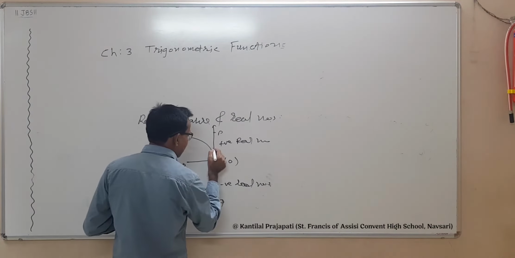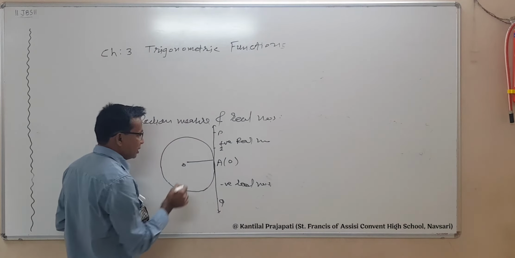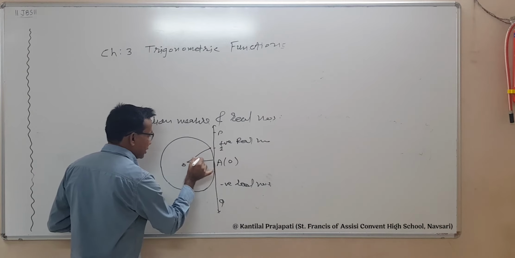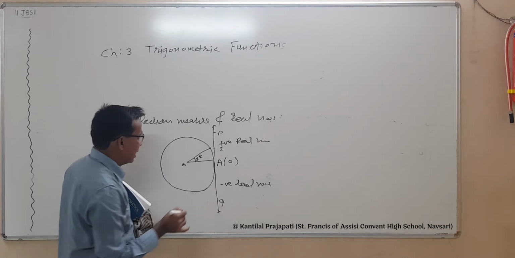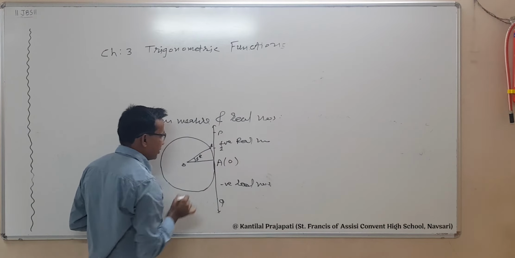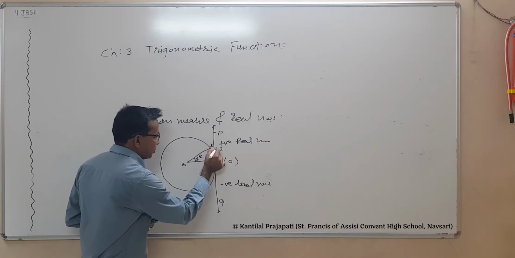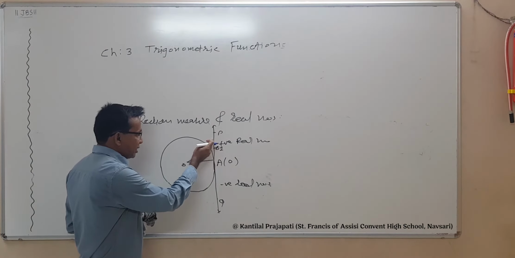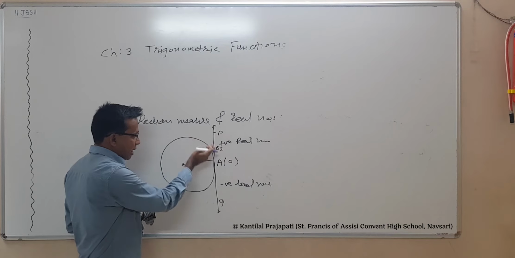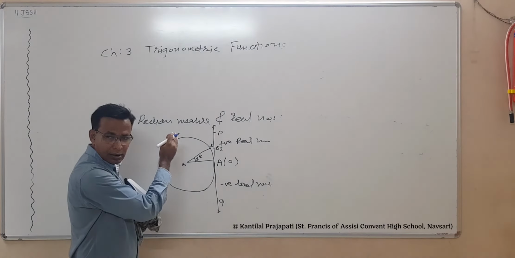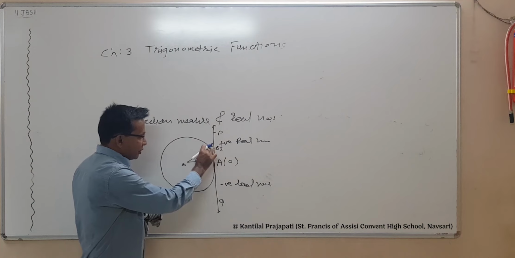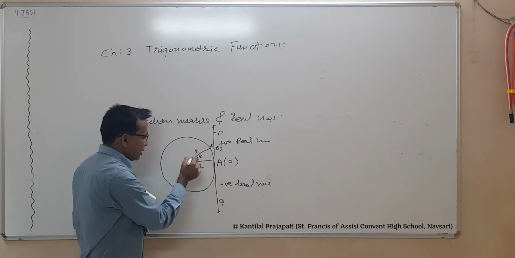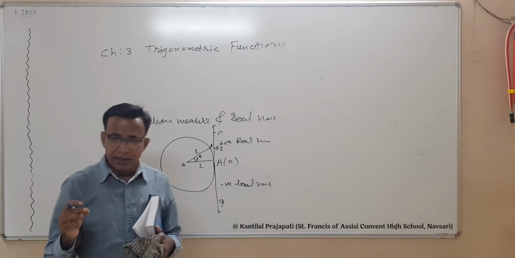Suppose here is 1 unit, then you get 1 unit here, and therefore this angle is 1 radian. Consider the line AB. Suppose the length AB is equal to 1 unit, then you get the length of arc AB. Now AP rotates about the circle in the anti-clockwise direction, and AB is equal to 1 unit. The radius is 1 unit, and therefore angle BOA is 1 radian. That is what a radian is.